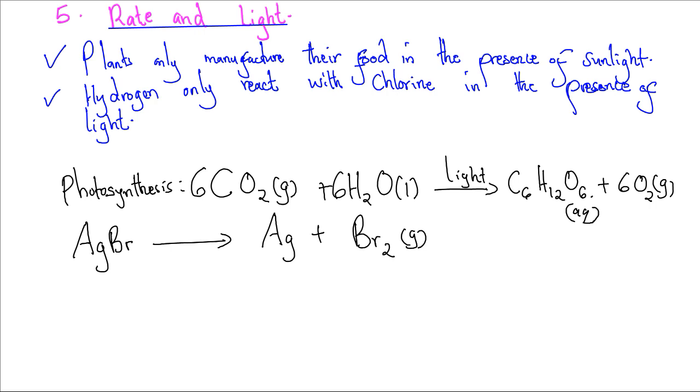And the bromine gas at room temperature we refer to as a bromine liquid. So that is silver. To balance the equation, we'll have 2 there. The other is solid in state. Now, we have said that the amount of silver bromide broken down depends on the amount of light